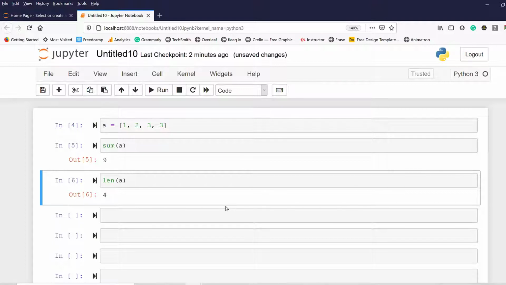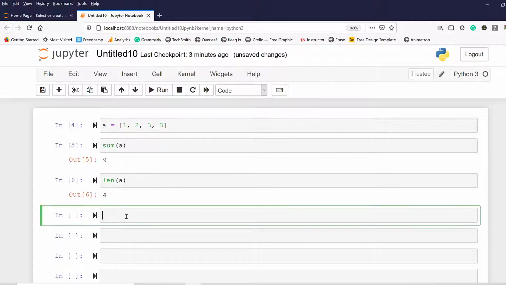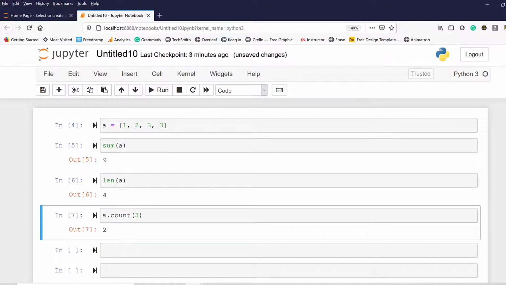And if you remember, we earlier talked about count. The count was used to find out, for a specific number, how many times that number is appearing here. So let's say I have to count how many times 3 appears here, then I can say A dot count, and in the bracket if I put 3, that will return 2. That means in this list, number 3 is appearing 2 times. So we are not talking about count. We are talking about the length. How many items do we have here?